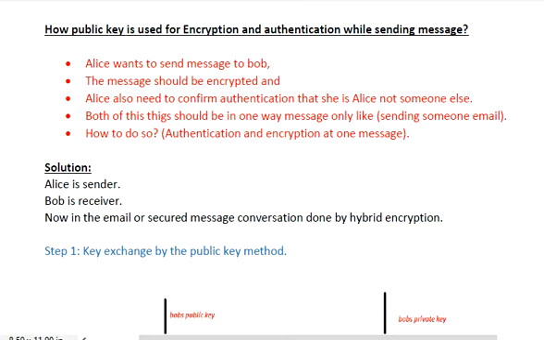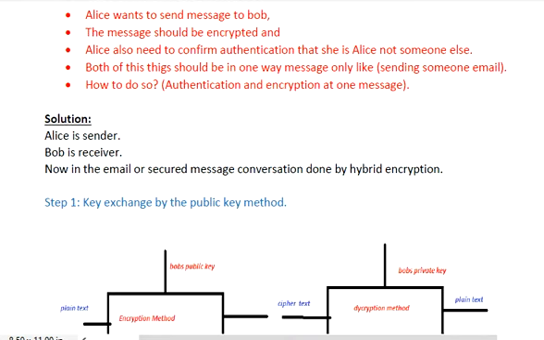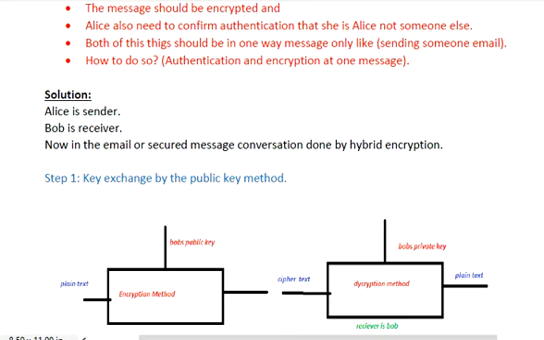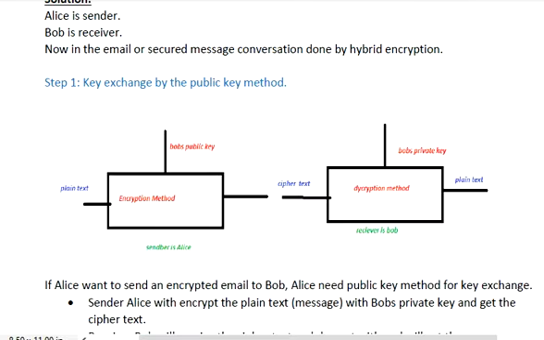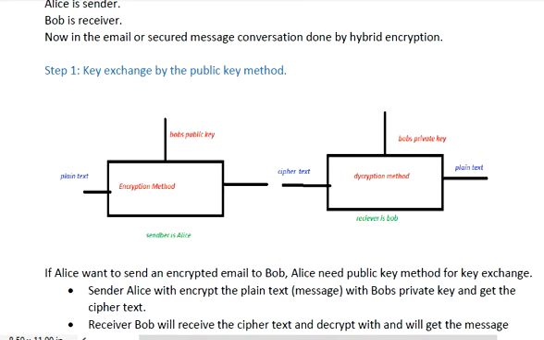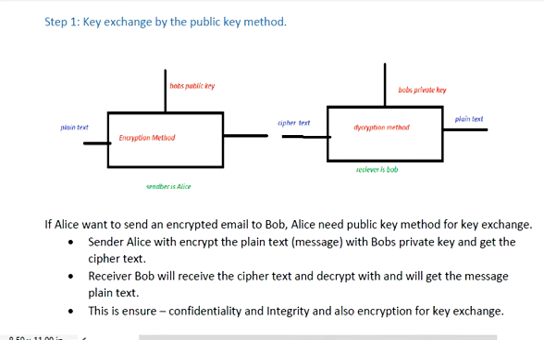Now let's see, as the question mentioned, Alice is the sender and Bob is the receiver. In this case, if an email or secure message is sent from Alice to Bob, the process will be done by hybrid encryption. So the first step is key exchange by the public key method. We know that the public key encryption method is